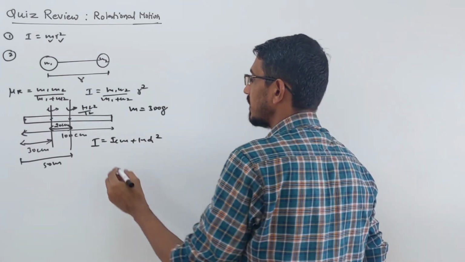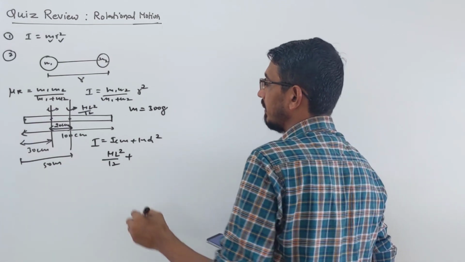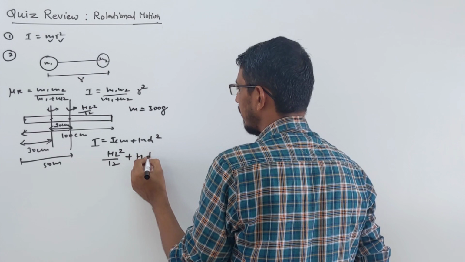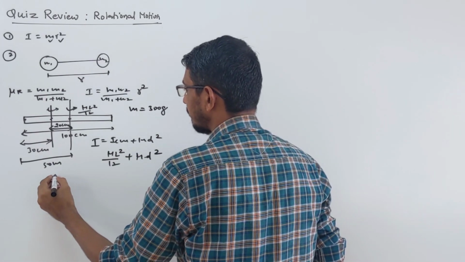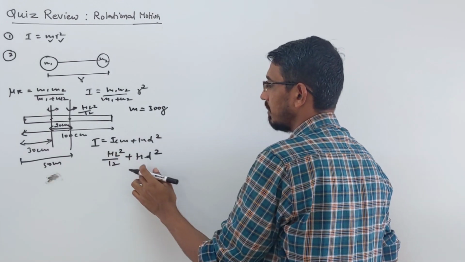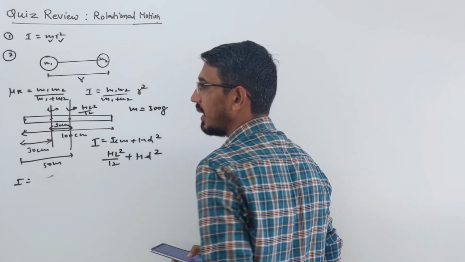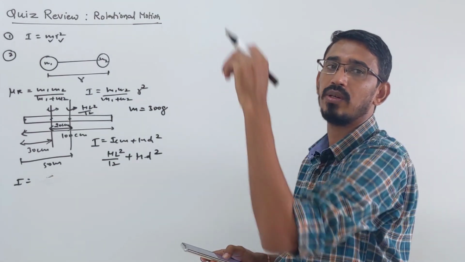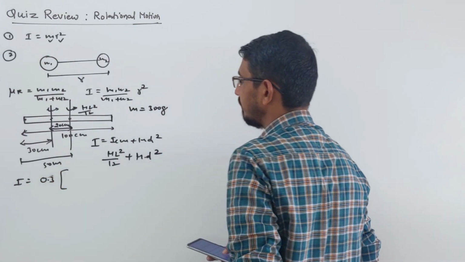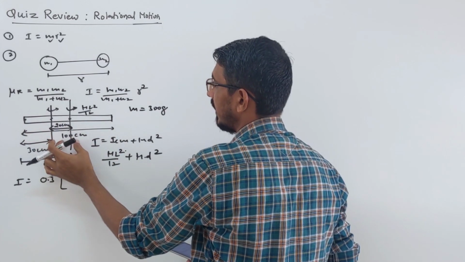Inertia about the center of mass, you know, is ml square by 12, plus mass m into d square, where d is that distance. Let's put the values. I am taking mass m common here, because it is coming in both terms. So the total inertia we have to find. Mass is 300 gram, 300 into 10 power minus 3, so simply you can write 0.3 kg, right? That's outside. What is here? L square. L means your total length, which is given as 100 centimeter, meaning what?